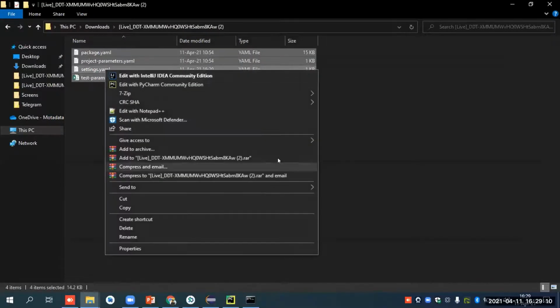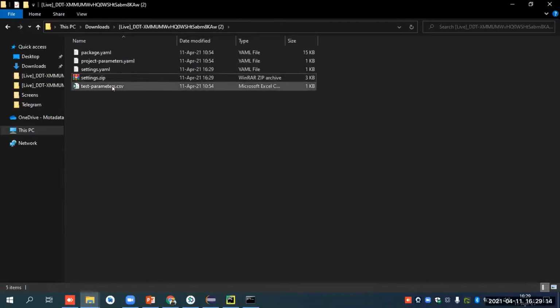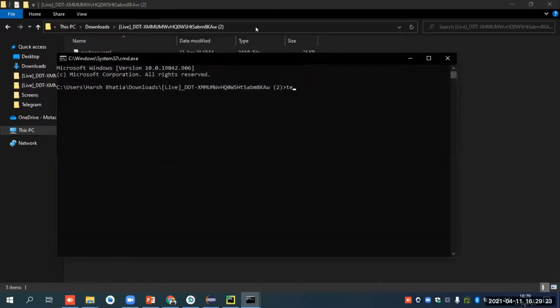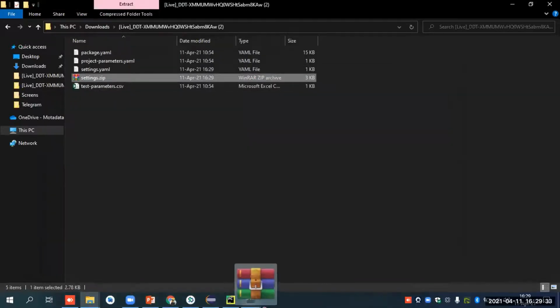Select all of these files, make it a zip again. Okay, the name can be anything. I will open CMD again, this project again, and my zip file here.